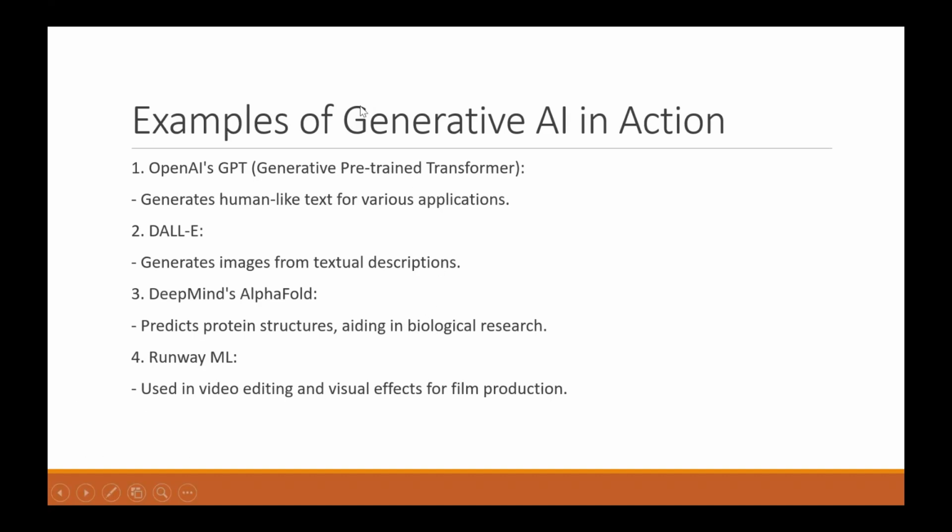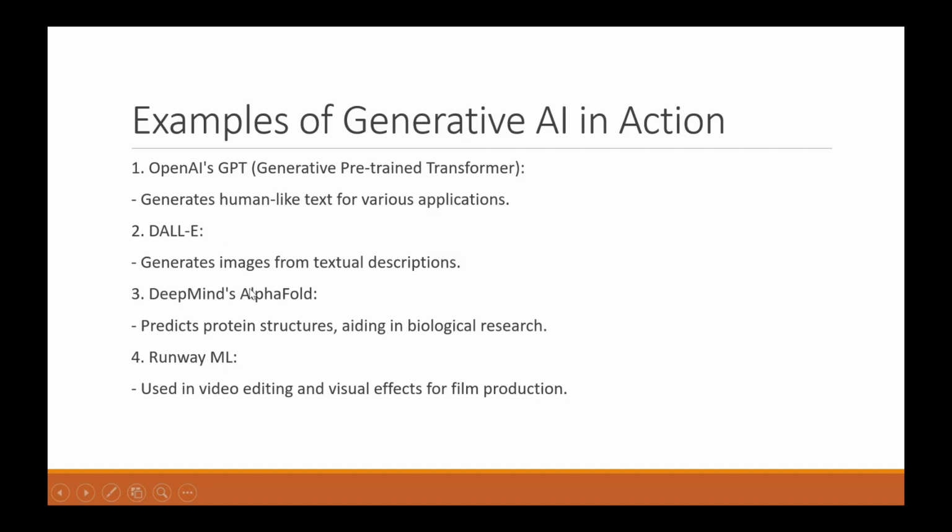Let's see some examples of generative AI. The first one is OpenAI GPT, generative pre-trained transformer, which generates human-like text for various applications. If you have used ChatGPT, you can see it can write an email for you, it can write content for you, it can write anything for you. Next one is DALL-E.